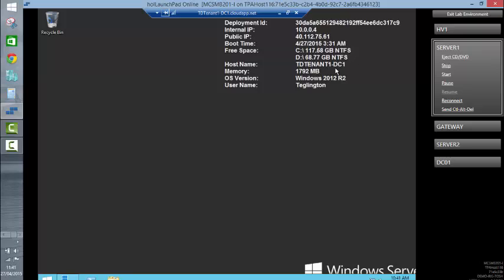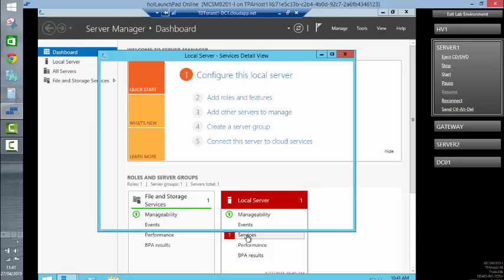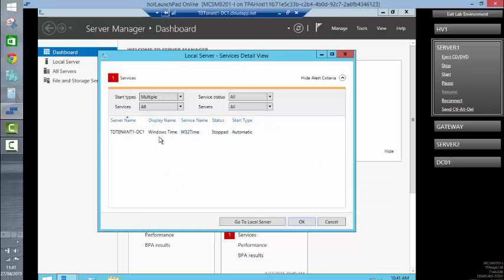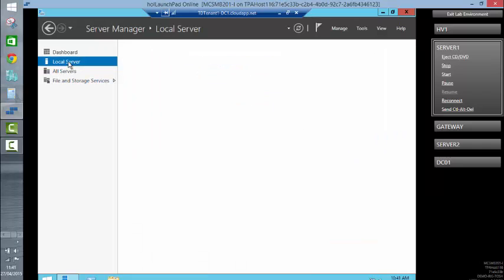We've got our host name, we've got our memory that's been allocated based on the size of the VM that we selected, the version of the operating system and the current user. We've got Server Manager, so we can look at all the relevant different services that are installed. At the moment we've got an error on the Windows time service. That's pretty much it. We can see local server details,